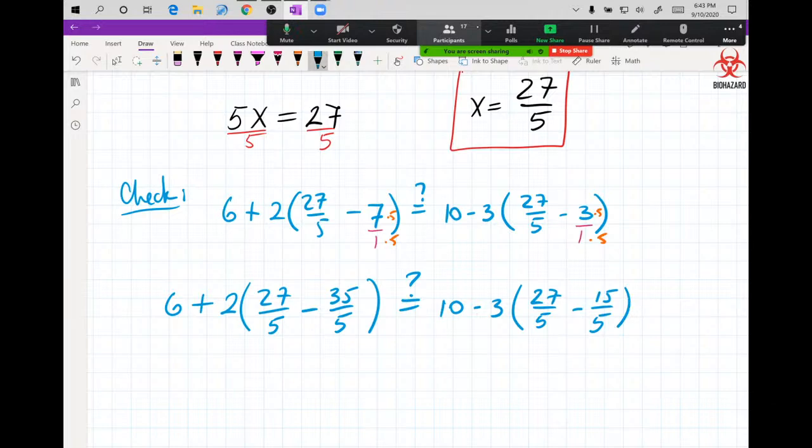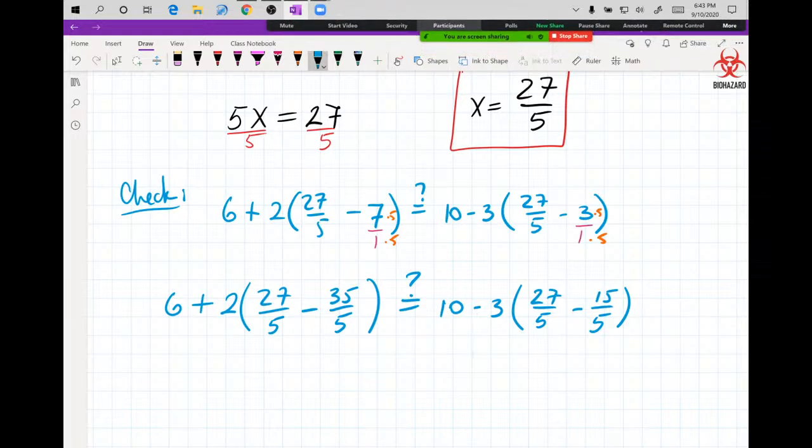Why am I not distributing now? Because I'm not solving an equation. I'm using PEMDAS now, and PEMDAS says compute what's in parentheses first, right? So I'm not distributing, I'm not doing any of this stuff that we did earlier for equations, because now the problem is backwards, because I need to compute the value, which means I am going to deal with the values